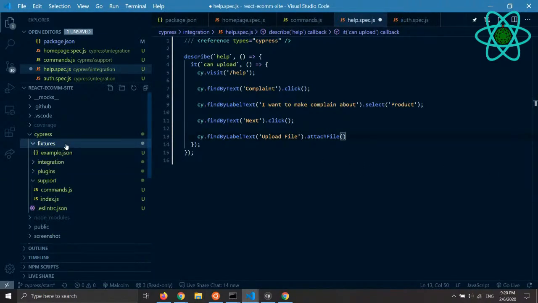Cypress has this concept of fixture. So fixture is just some binary files that you want to use for your test. So we can add our file to upload here. So just now,